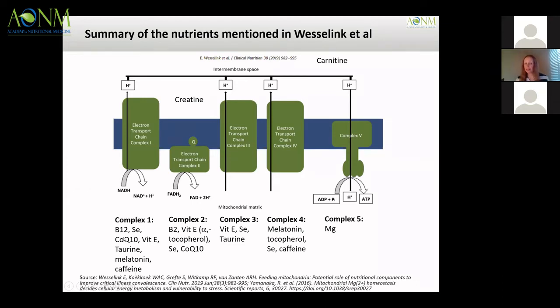They've gone into every single one of these nutrients, how they've found it, the level that they've found, why it's useful, or whether the evidence isn't yet fully in yet. But they've mentioned for complex 1, B12, for example, selenium, CoQ10, vital for the first 3 complexes, 1 and 2, and then by the time it's got delivered to 3, it's not mentioned there because you need another carrier instead from 3 to 4. But you've got